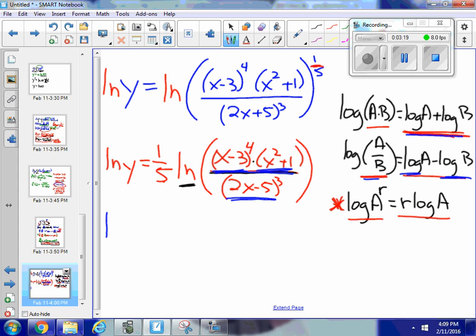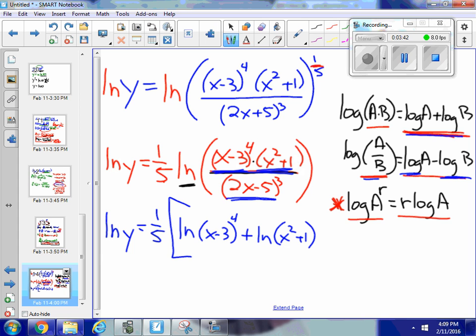So I have ln y equals 1/5 times ln (x minus 3)^4 plus ln (x squared plus 1) minus the denominator ln (2x minus 5)